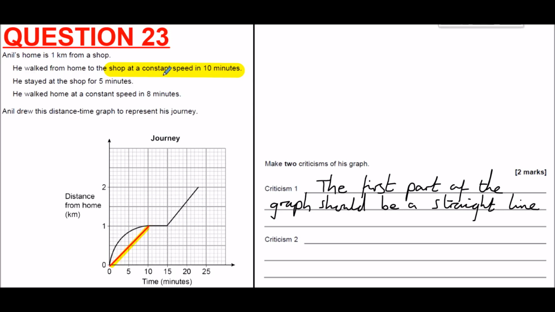The timing's okay. This one's a bit harder to see, but if he walks home, his distance from home will decrease. So if he walks home, he'll return to home, and once he gets to home, his distance from home will be 0. And so this line is the right steepness, if you like, but it's going in the complete opposite direction. So the second criticism is that the last part of the graph